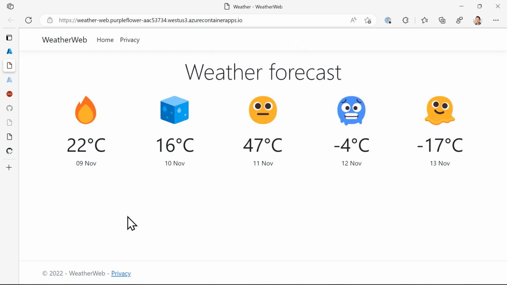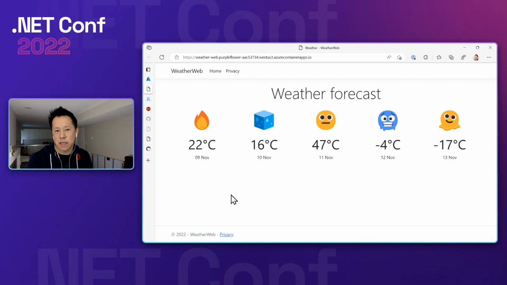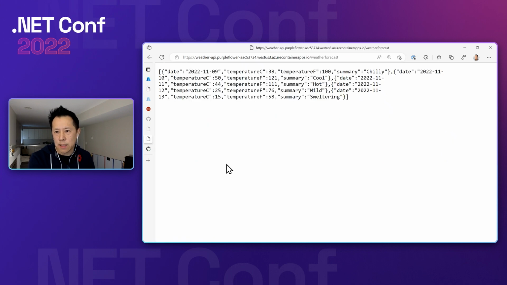So as you might have noticed earlier, I went through a little bit fast. You might not have. Currently, my backend API for the weather is actually public, and it doesn't need to be public because the ASP.NET application that's acting as the front end can actually call this within the same virtual network without going out to the open internet. So let's configure that right now.